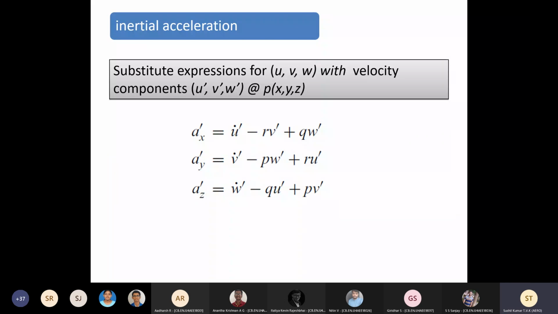Again, if you want the complete acceleration, you'll have to differentiate the previous equation so that you get all this a x prime and all this stuff. Now we have the acceleration. So the next step is definitely mass times acceleration equals the disturbing force. Suppose I am talking about the x-axis: it is mass times acceleration equals the force along the x-axis, which is capital X. Now let's try to figure out what is happening on the left hand side of it.